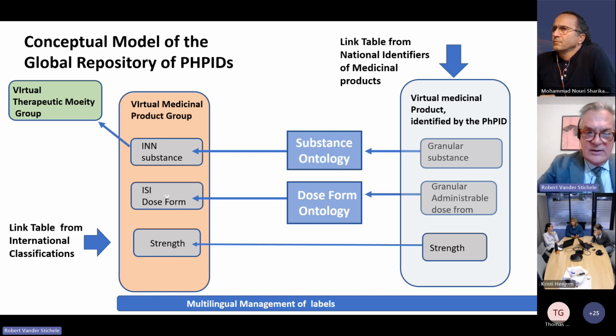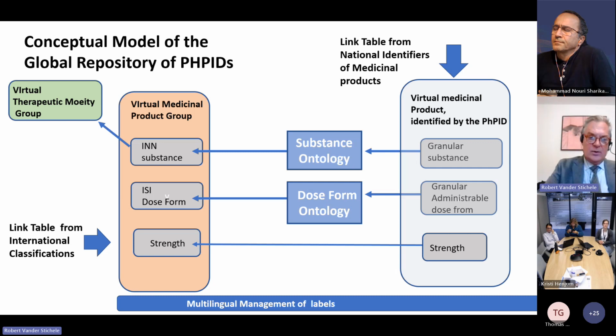This repository is linked to national identifiers of medicinal products in the different countries. An ontology of substance can govern the aggregation of substance with modifier to INN substance. Another ontology of dose form can govern the aggregation of dose forms to oral dose forms, all solid, all liquid, for instance, and the strength remains the same, and this can then be linked to